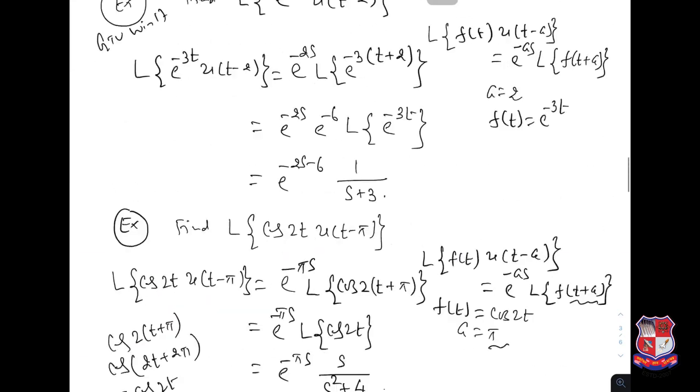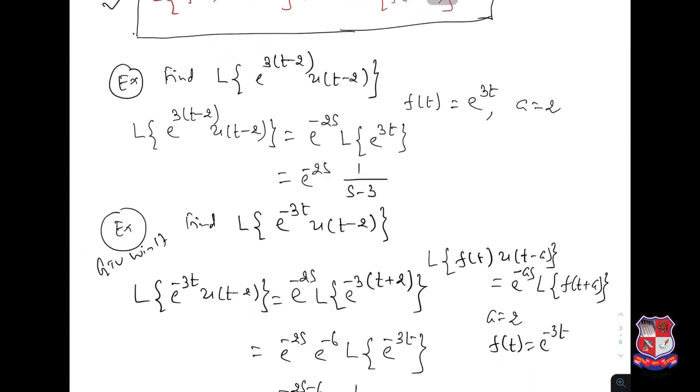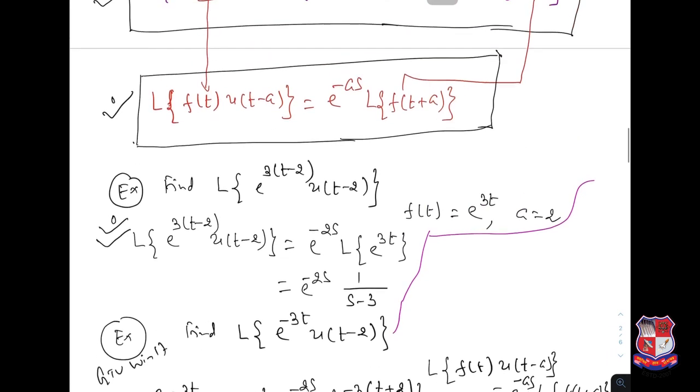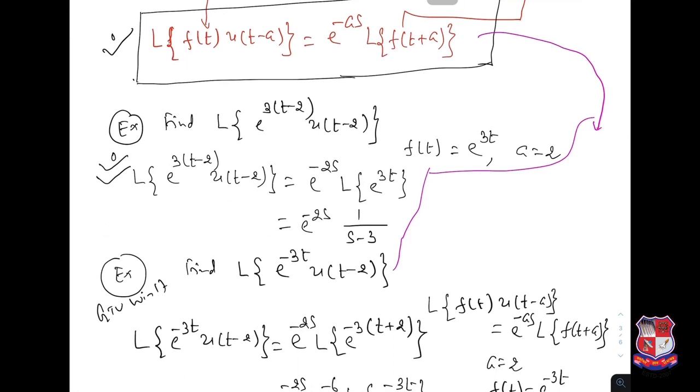Let us solve the first example in this way, in fact. So you don't need to remember both ways. I can solve this example again by the method of the second shifting theorem, but in this format. Okay, can you do like this? So what is a here? 2. But then what is f of t? F of t is this much, e power 3 t minus 2.